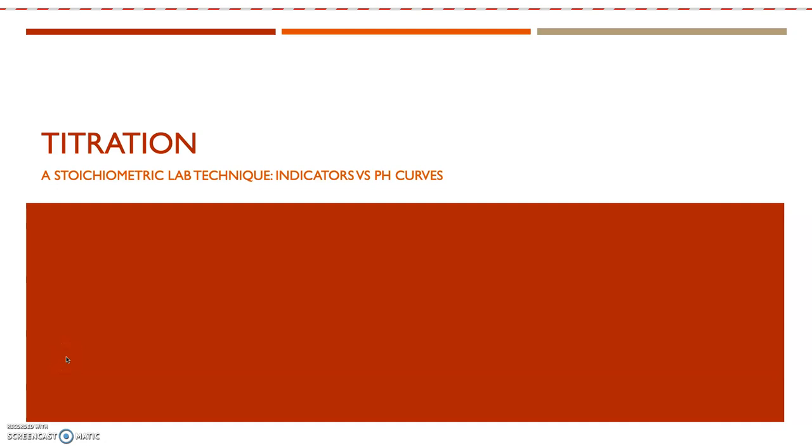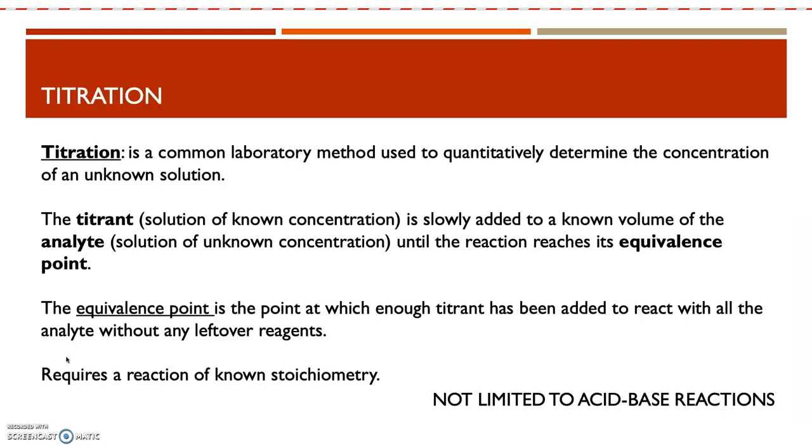So this week we're going to be using the lab technique of titration. It's a stoichiometric technique to determine the amount of acid in a drink. There are two ways to do this, either with indicators or with a pH curve, and I'll walk through both of those here. A titration is a common laboratory method used to quantitatively determine the concentration of an unknown